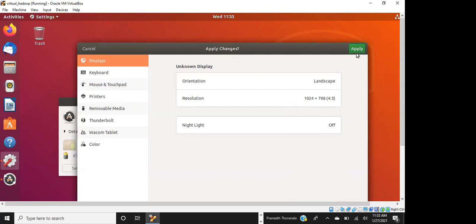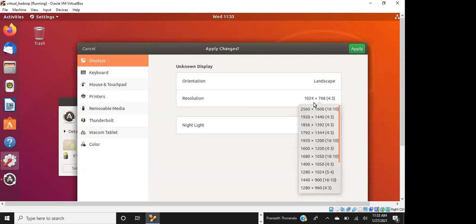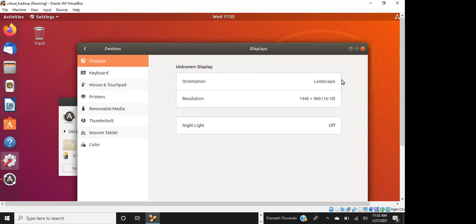I use 1440 by 900, which will not have any horizontal or vertical scroll. Try one more time. Just change it to 1440 and 900, and just say apply.